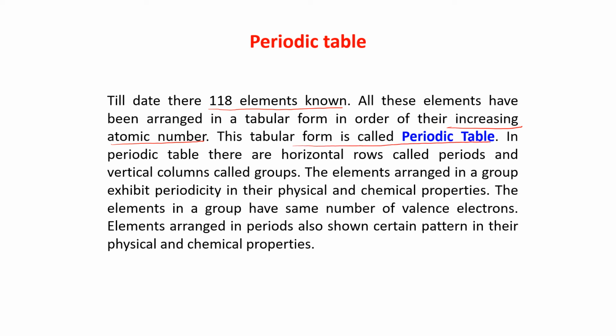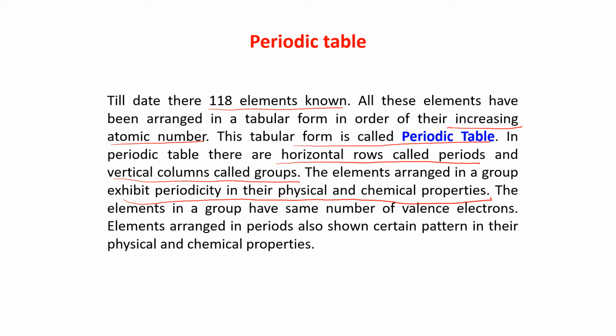In periodic table, there are some horizontal rows. They are called periods, very important. And vertical columns, they are called groups. The elements arranged in a group exhibit periodicity in their physical and chemical properties. What is the meaning of it? If the elements are arranged in a group, I'll just show it to you in the next slide. Then the properties of the elements belonging to that particular group will show you similar physical and chemical properties,